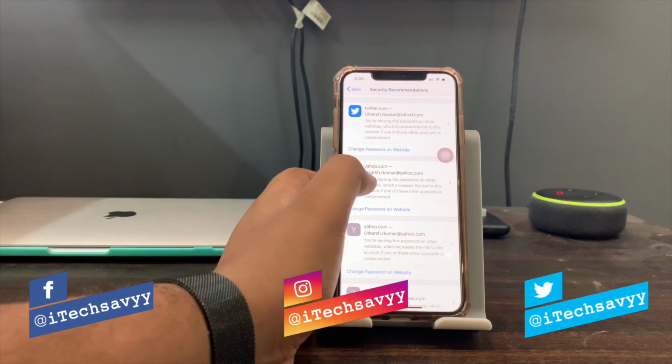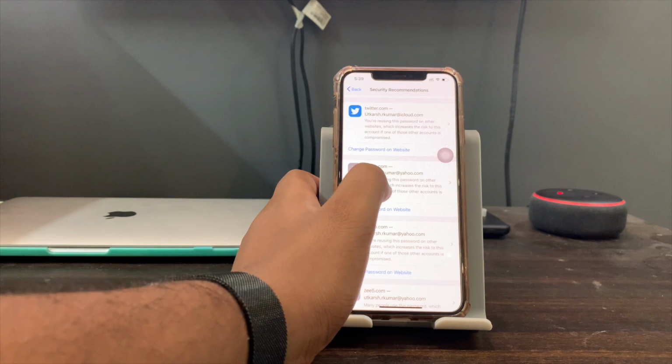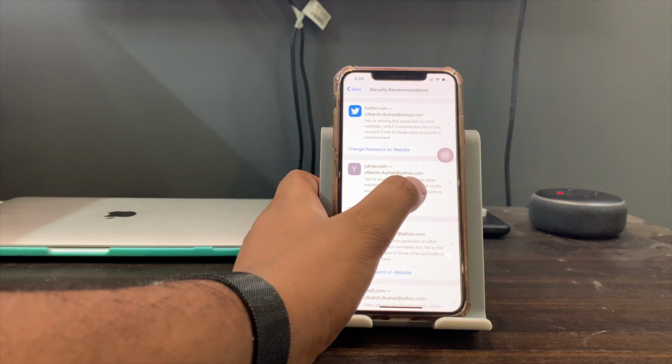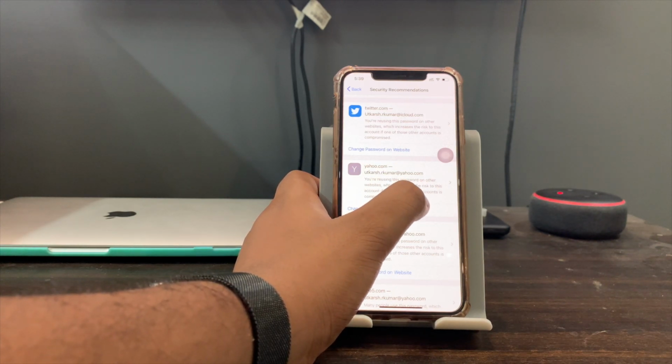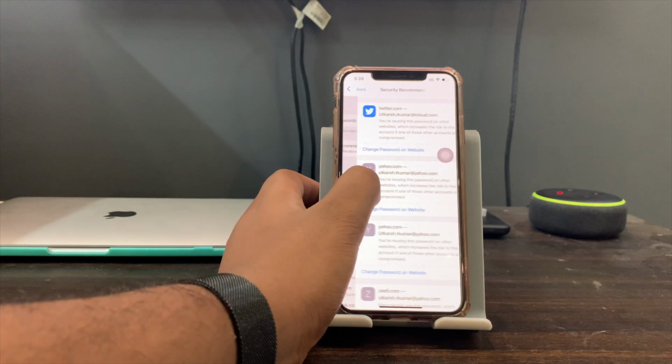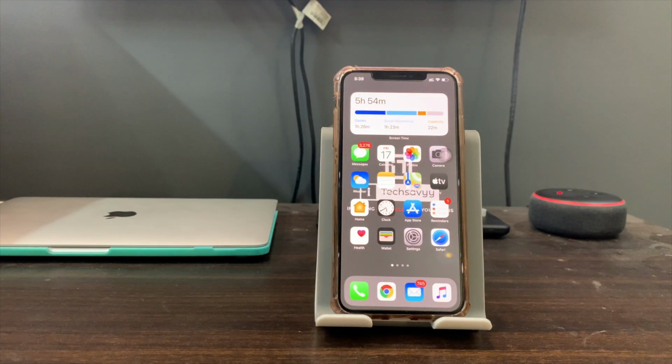It is showing me a message that you are reusing this password on other websites, which increases the risk to this account if one of those other accounts is compromised. Now you might have gotten an idea of how the privacy features have been improved in iOS 14.